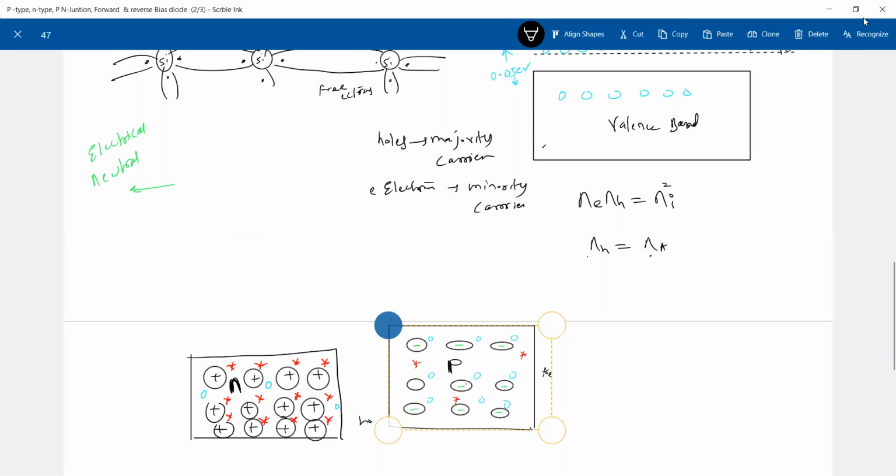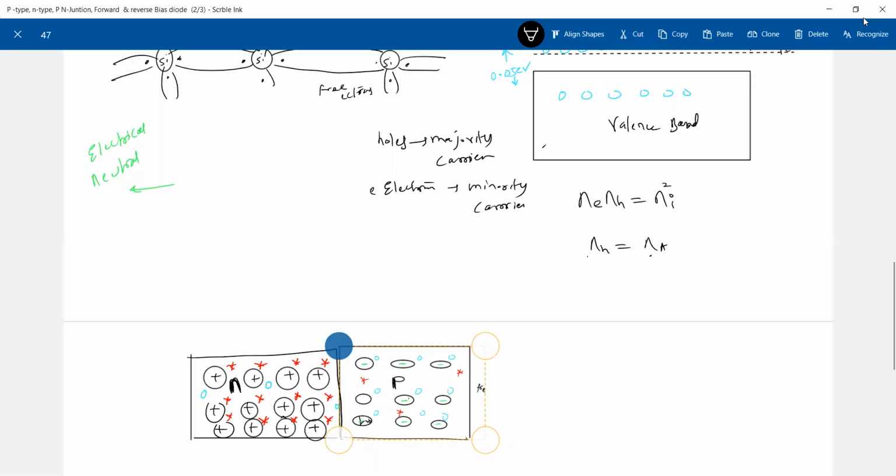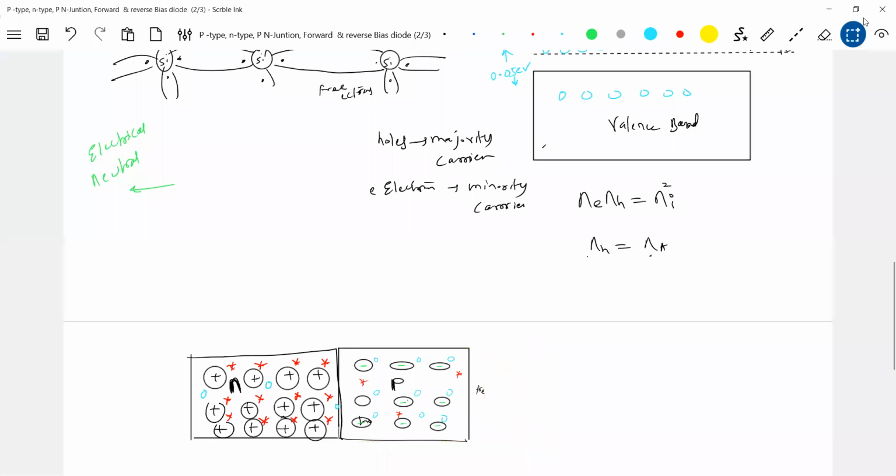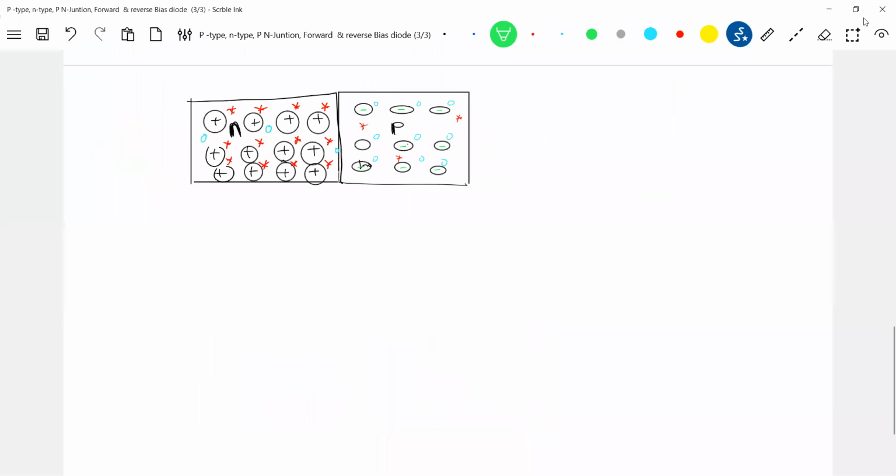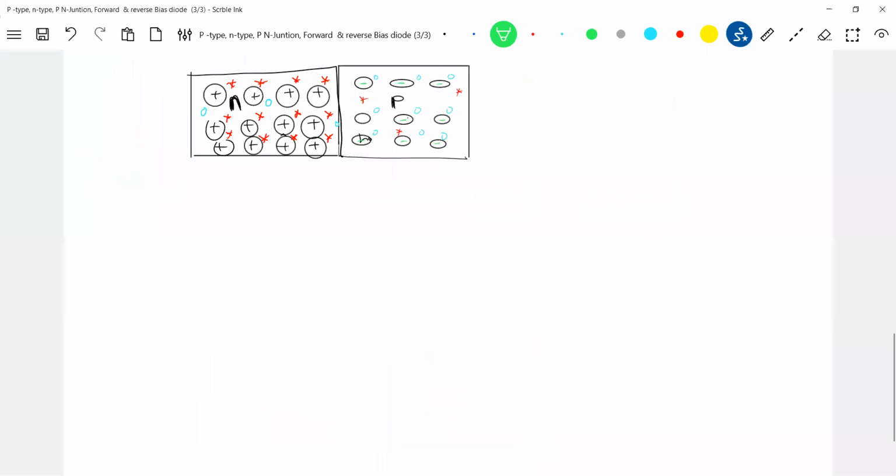Now I'm going to join them. What is the state of both? They're in solid state. Will anything happen to them? I'll come to the original discussion, PN junction. Will anything happen to this p-type and n-type? Nothing will happen. If they're in solid state, nothing will happen. Means at room temperature, if I join n-type and p-type, nothing will happen. No diffusion, nothing. This is very important.